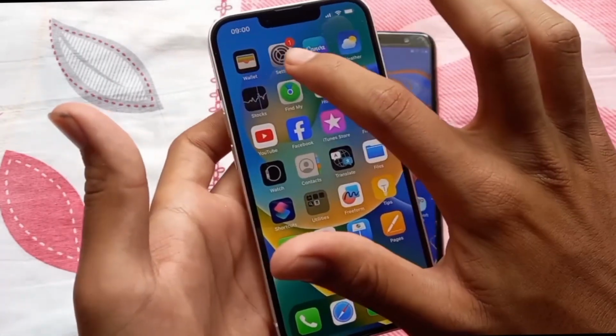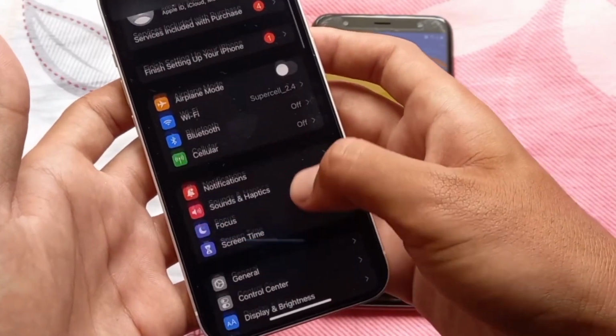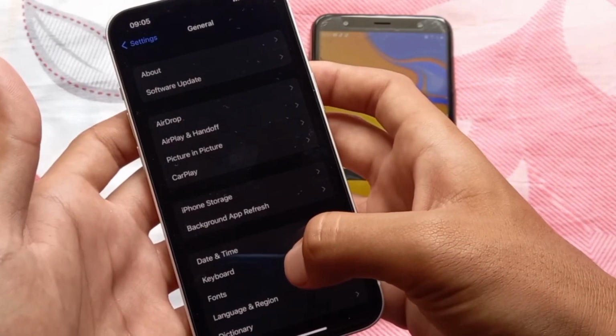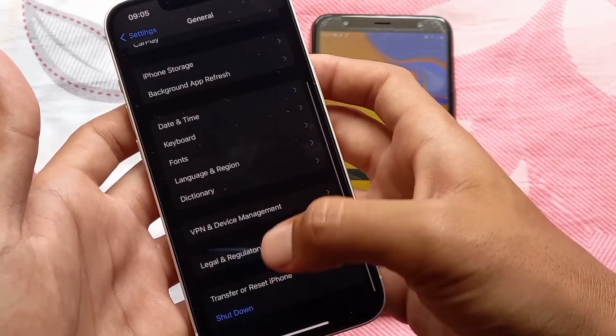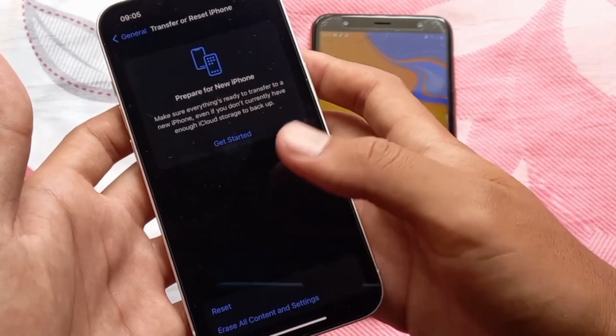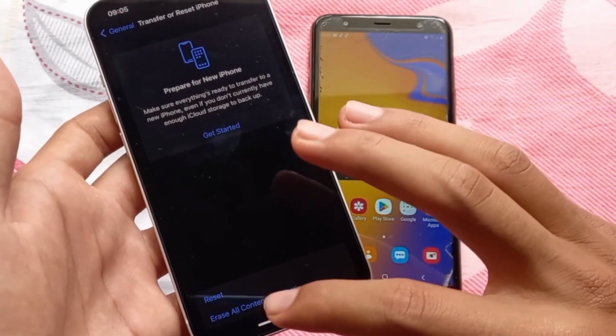So first of all, head to the Settings app and select the General option. After that you need to scroll down and you can find this option, Transfer or Reset iPhone. So now we have to click on Erase All Content,